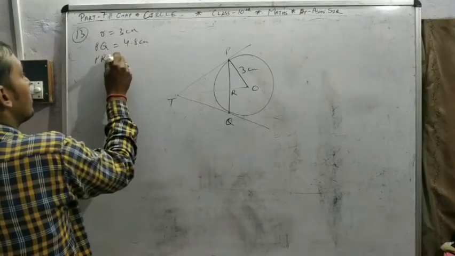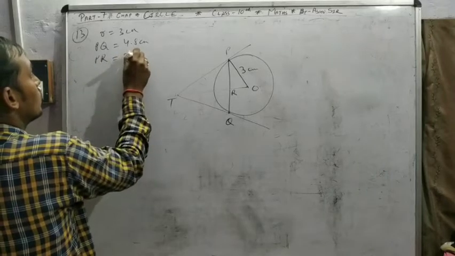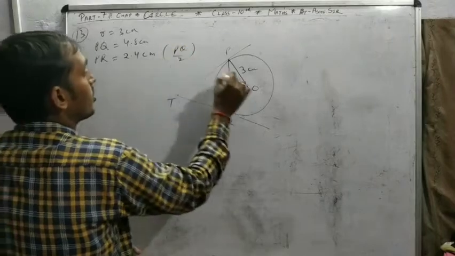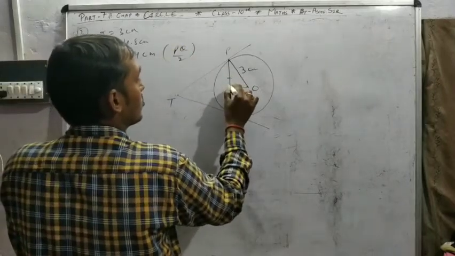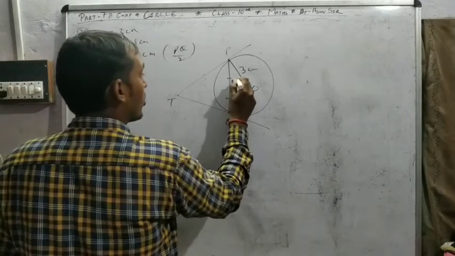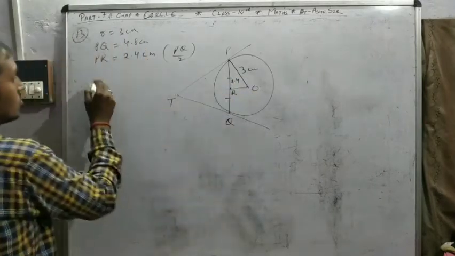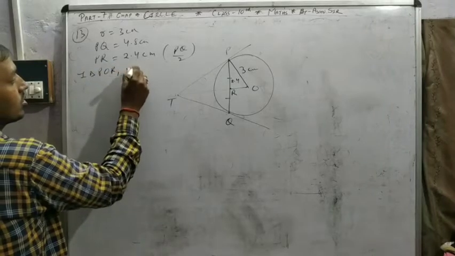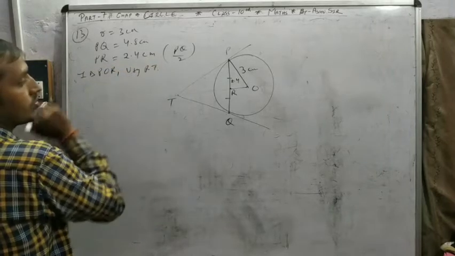So you can say PR is equal to 2.4 cm, half of PQ. You can find RO in triangle POR